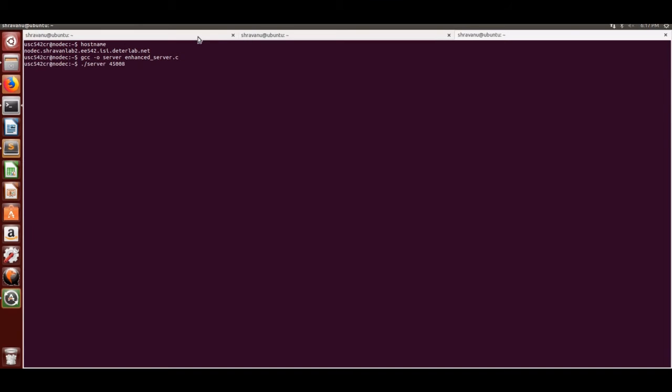So now to run the client programs in node A and node B, type in the host name of node C, that is the qualified name. Just copy it from here and give the port number same as that of the server. Similarly, to run the client program in node B as well,